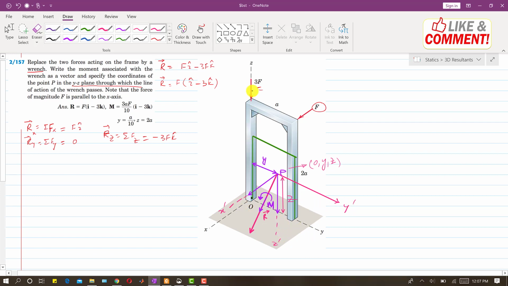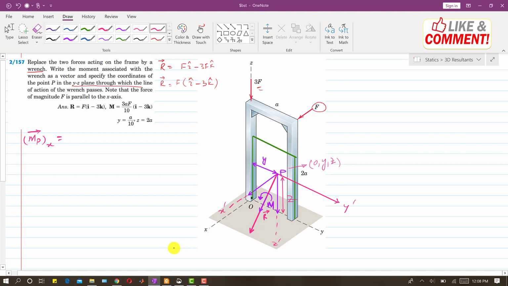So now if we find the total moment due to these two forces at this point P, that will be the moment at this point P, and then if we multiply the direction cosine of this resultant with that moment, then both the moment and the resultant will be in the same direction, right? So I will explain it. If you want to find the moment at point P along X dash,